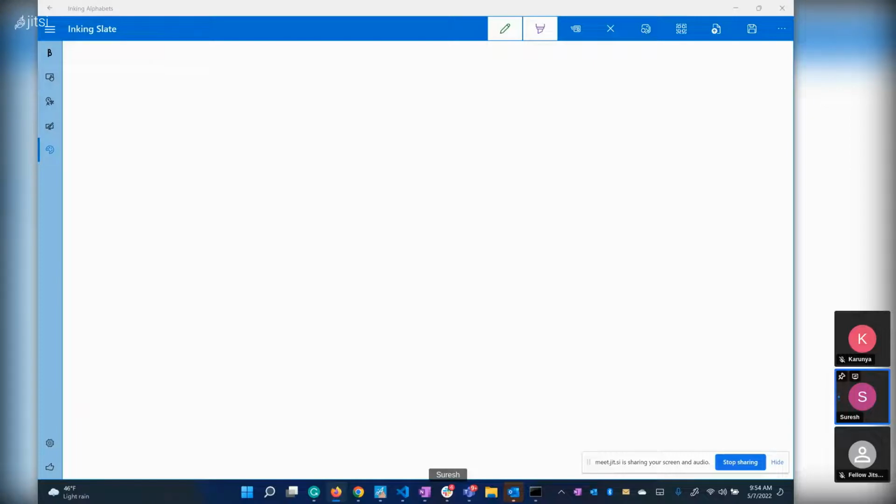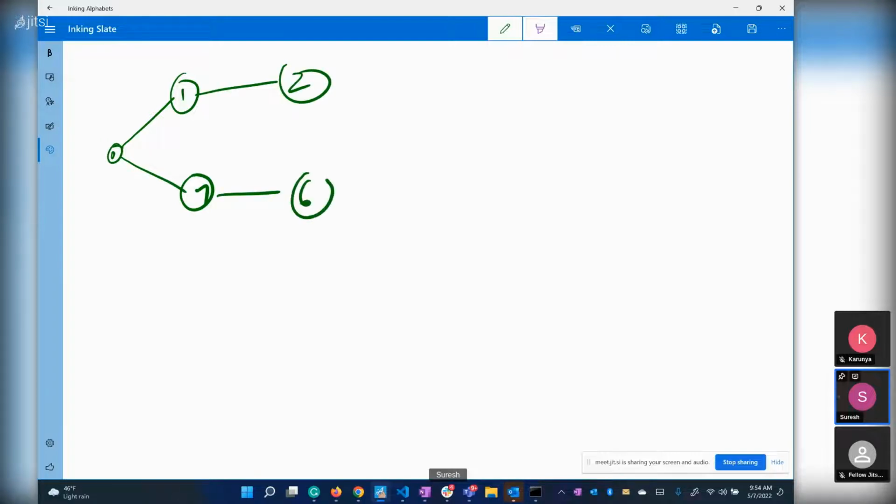Okay, I'm going to write it down now. So we have 0, and here is 1. This is 0, and here is 7, right? And we have 2. This is 6. We have 8. So we have other nodes. So anyway, I don't want to write everything at this point. So let's see. So now what we do is,